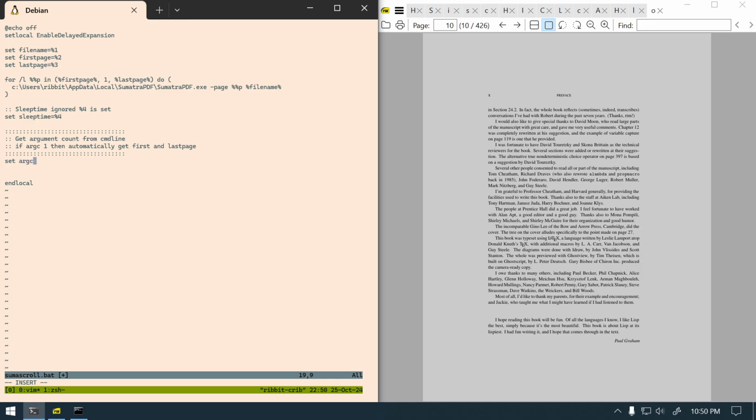So we're going to set argc to 0. And when you're setting these variables, if you do this, then your variable is space 0. So keep in mind that you don't want spaces. Like in most languages, it doesn't matter if you do that or not. But in here,